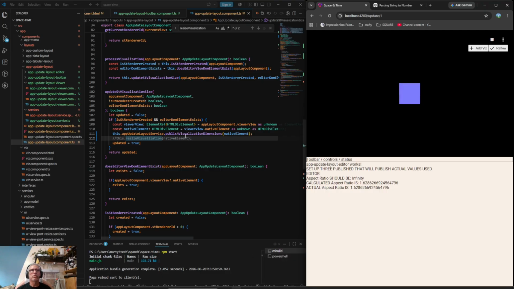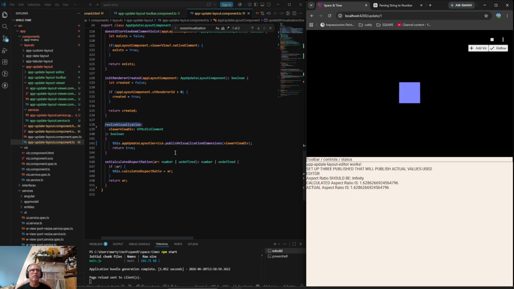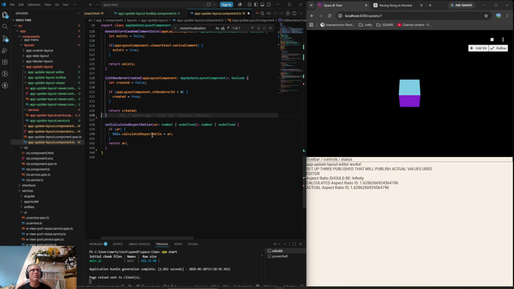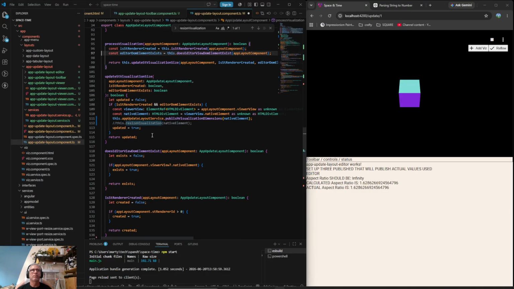There we go. So we don't need this resize visualization anymore. He's gone. And that's another 138, 7 lines of code that we don't, 7 less problems to deal with. All right. So now we're just saying, hey, if the editor DOM element exists and if the renderer is created, then